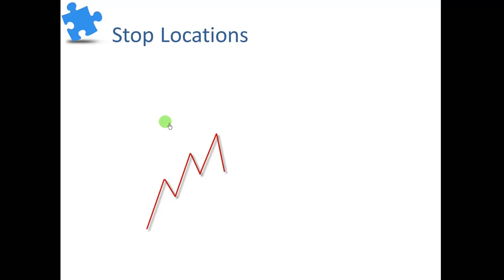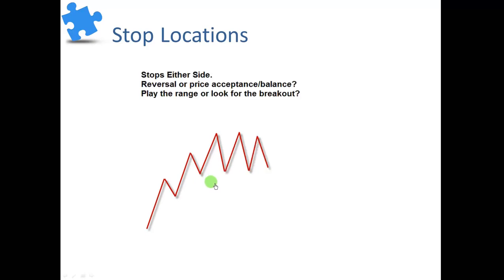Now, if we go back to what we talked about with scalping, when we look at the scenario where the market goes into a range or temporary value, we're going to see stops either side, and we're going to see a balanced market. So in this case, at this particular juncture, we've actually got a pullback which is slightly elongated. It's a bit deep and it looks like a reversal. So at this point we've probably got some longs itching to get out, and they'll probably get out if this low is breached. But as we go into a range, the picture is going to start to change a little